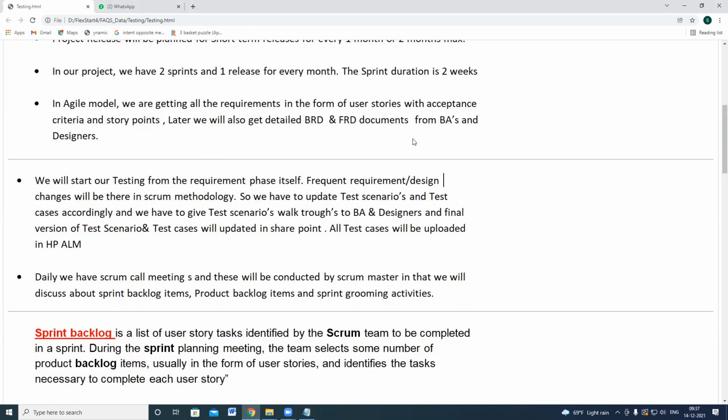In some projects they may not give them, but you need to set up meetings and get all the clarification from your required BA and design team on how the system is going to be developed, because that information is required to write the navigation paths and all the detailed steps, since the software has not been developed yet. Once the application URL is ready, your test case steps, whatever you have written, should match exactly in the system. In such a way, you need to write your test steps.